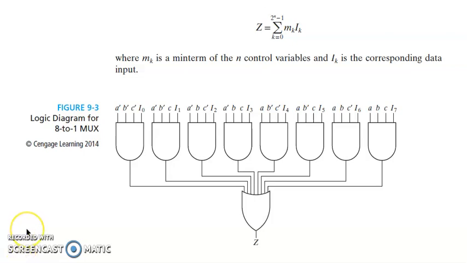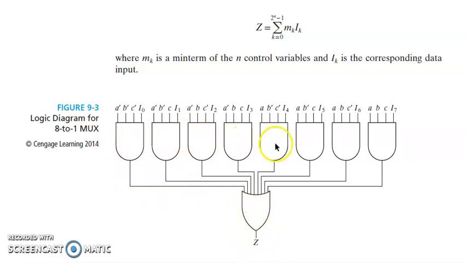Dear students, now we'll look into the logic diagram for the 8:1 mux. We have already discussed the mux. Here, when all three bits A, B and C are 0, I0 will be chosen. When all these three are 0, it's 1 since it is bar, and whatever the I0 bit is, the first AND gate will be enabled. So this output I'm going to get across the Z.